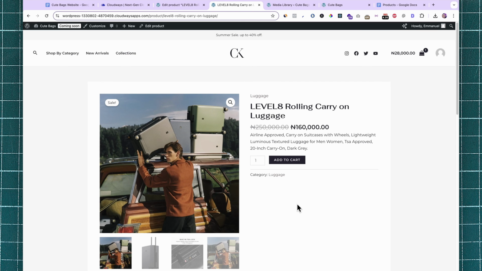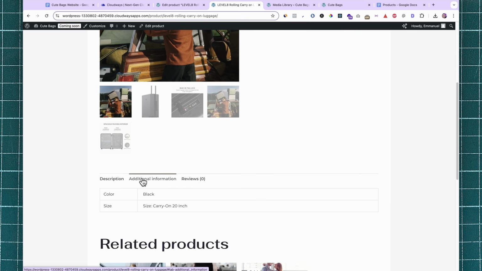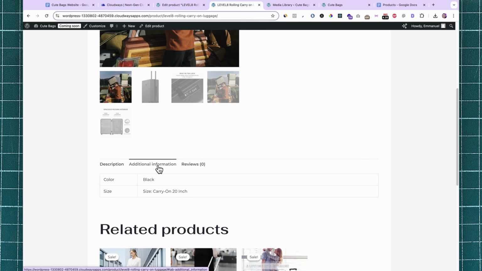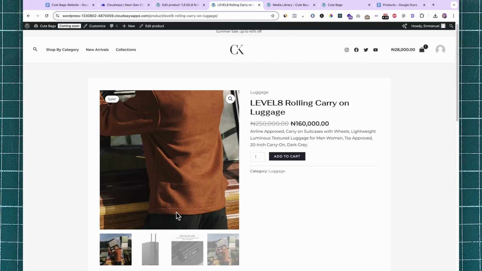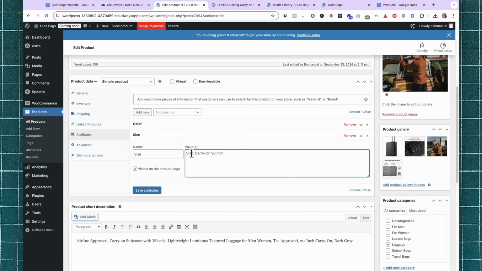Now, if I just update this and then we come back to the product, just refresh, it is back in stock. And if I just come over here, you'll see that we have an additional information tab. And this is where people can see the attributes you've added to this particular product. So we used color and size, and buyers can see that. So I think I need to fix this